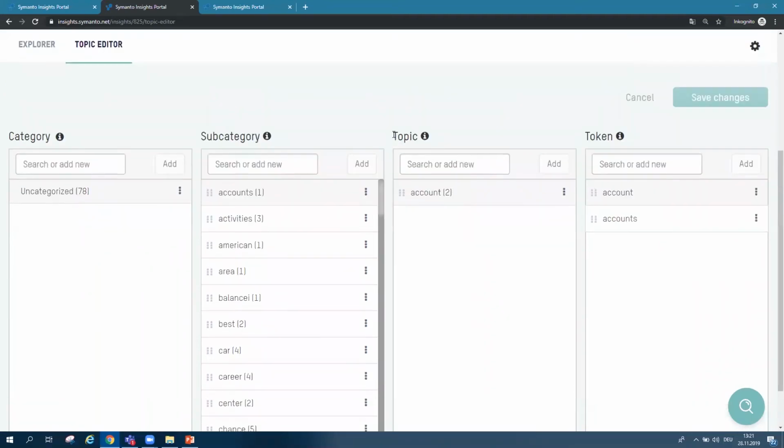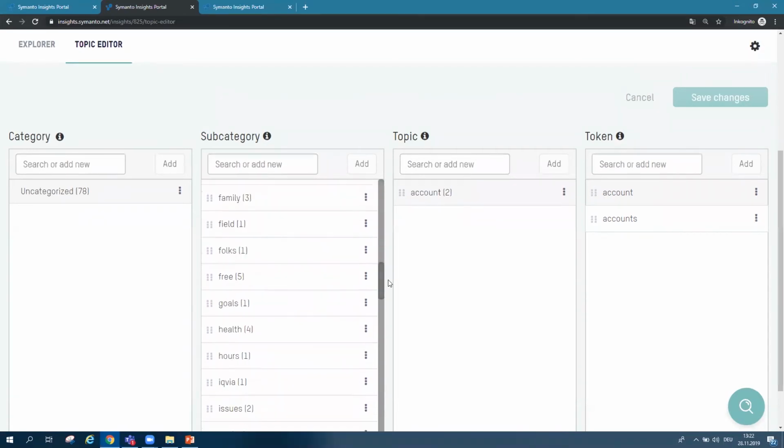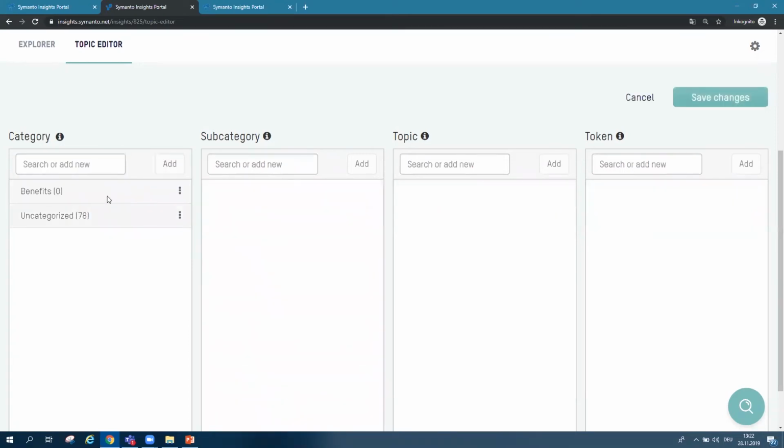And we start thinking about how I can code and structure this the way I need it. I start looking into this and see lots of topics. Knowing that it's an employee environment, I already know how I want to code this. So I know that from everything here, there will be one area called benefits.